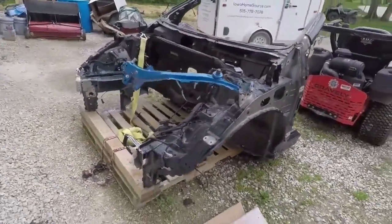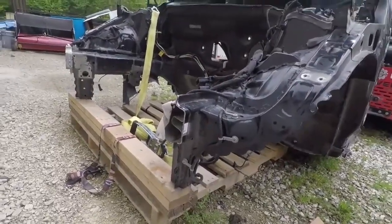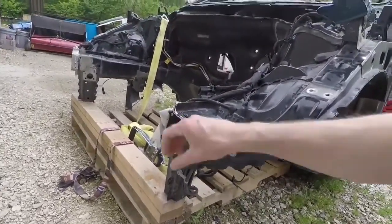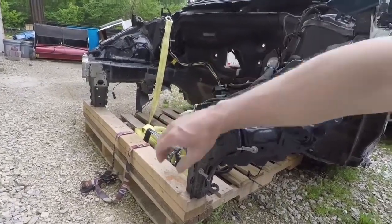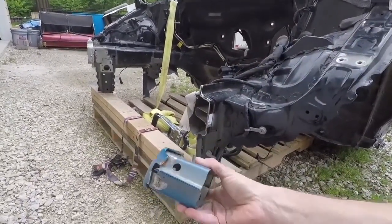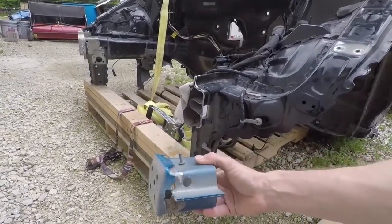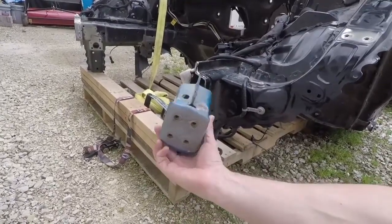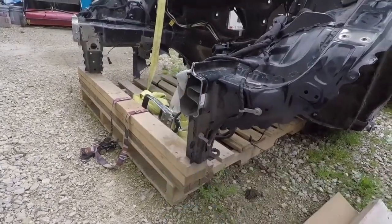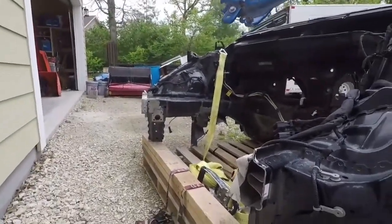But what I found out when I actually tore the car apart is this front frame rail on the driver's side was tweaked pretty bad, and actually there you can see it. I'm trying to remember which way it was bent. I think it was that way. And then the passenger side was just a little bit bent too. It wasn't terrible, but